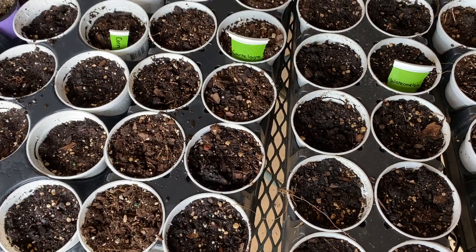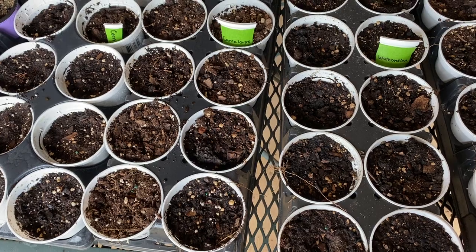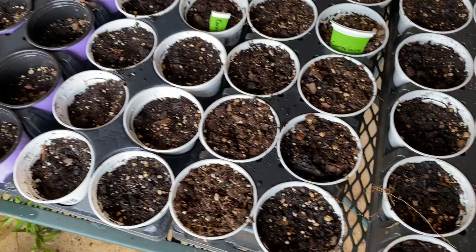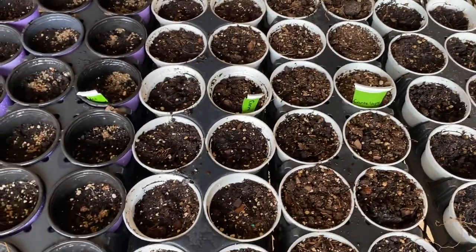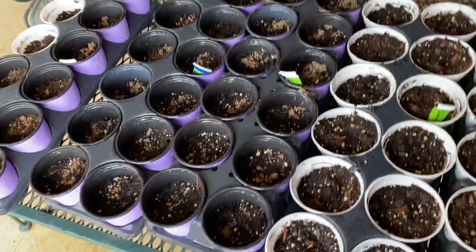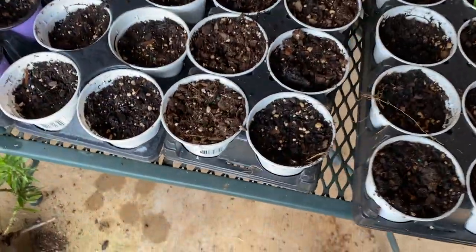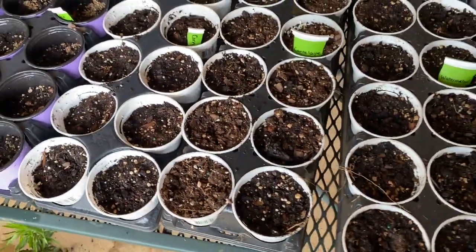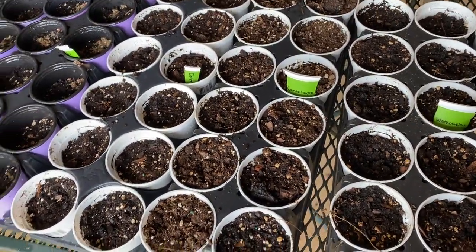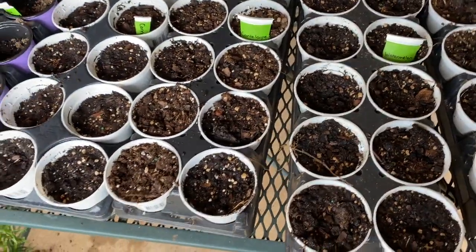throughout the year. I like to plant just before the end of, or the beginning, I should say, of the even months. That means right before February 1st, I like to try to do something to get some plants started. I also like to do that every single even month. So it goes February, March, of course, April, May, then June, and so forth. July, August. So here we are going towards the end of July. This is the planting that will precede the August 1st,